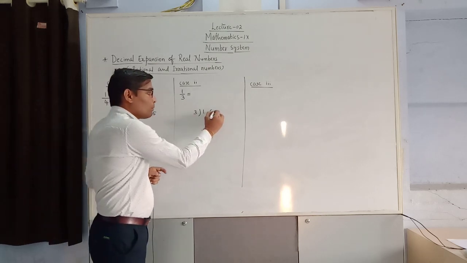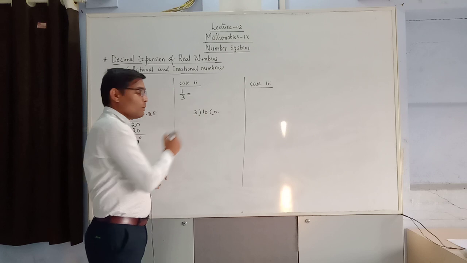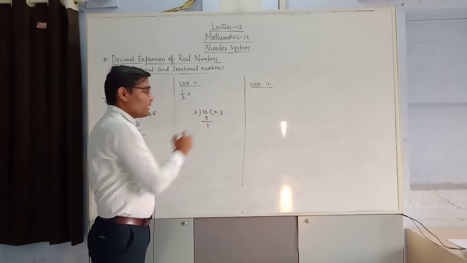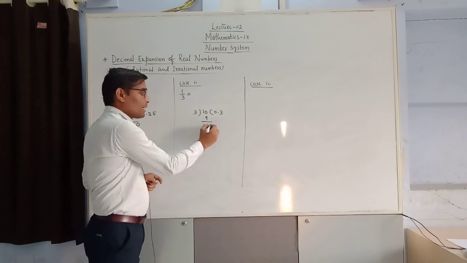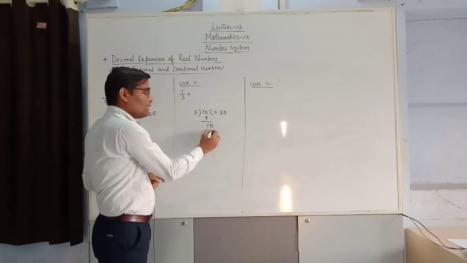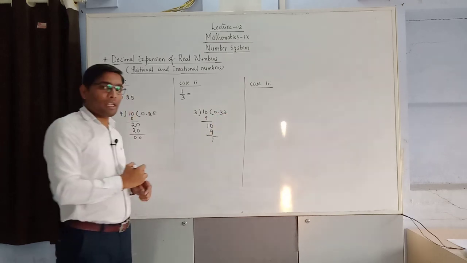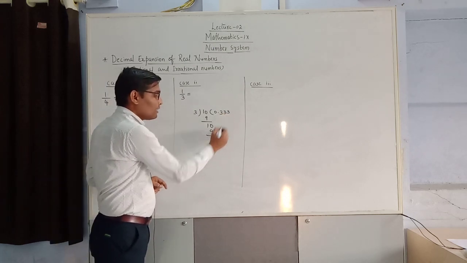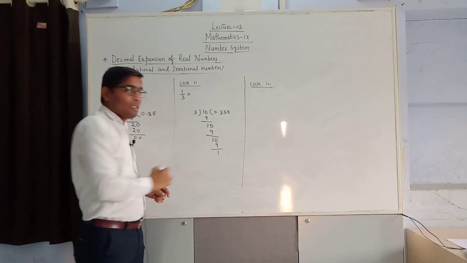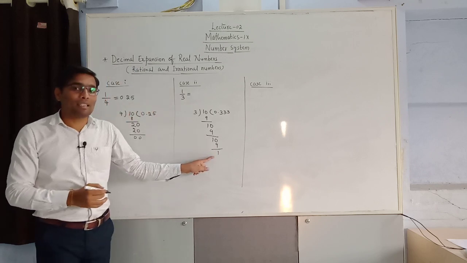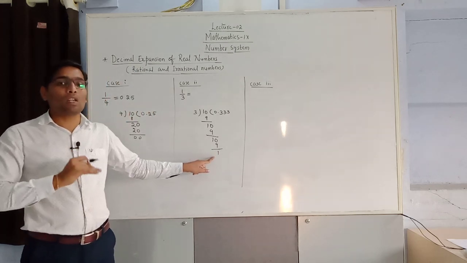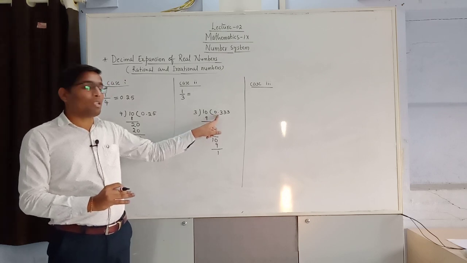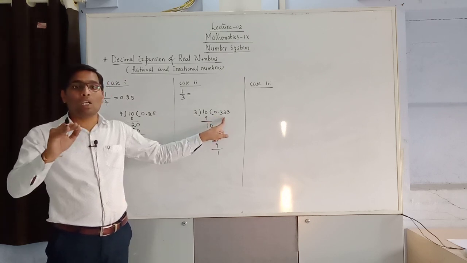Put a point in the quotient, add 0 here. Now 3 3s are 9. The remainder will be 1. Then write again a 0 over, then 3 3s are 9. Then again the remainder will be 1. Write a 0, then 3 3s are 9. Here in each and every step we are getting the same number, that is, we are not getting a remainder of 0. So in the quotient after the decimal point the digits will not end.